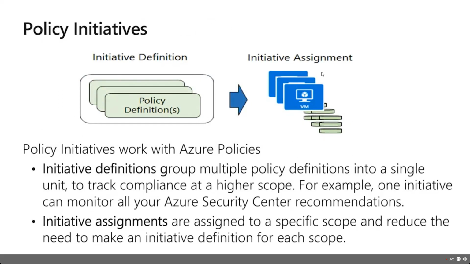So the way this works, you create all your policies, all those individual settings, and they might be related. Like, I want to have a VM creation definition, or an initiative. You put them all in that initiative, and then you apply that initiative to the scope you want to apply it to. Remember our hierarchy from Module 2? We have management groups, subscriptions, and resource groups. That's where we can assign our initiatives. And it makes it very easy for us to control how users can create.